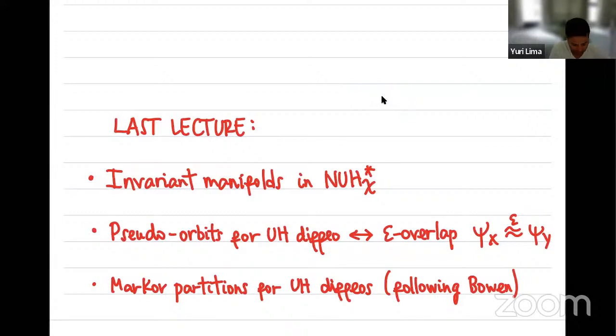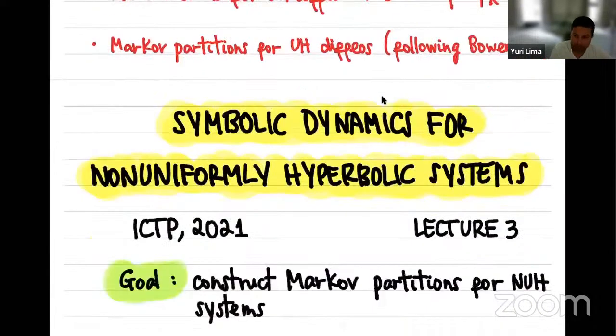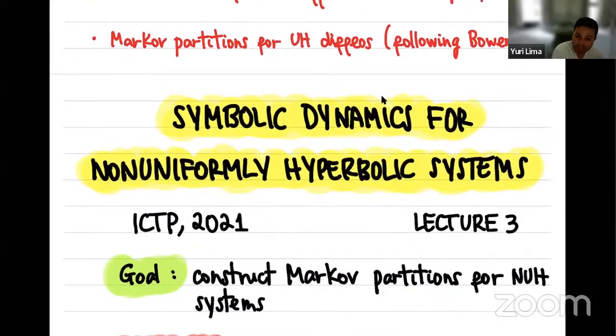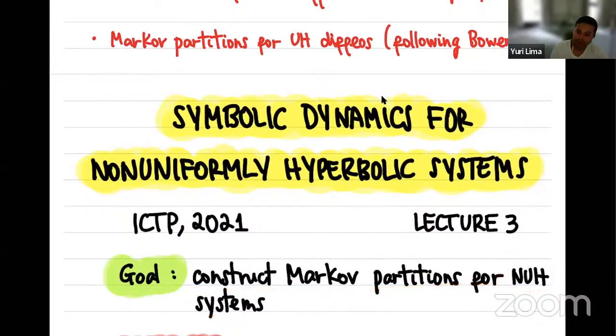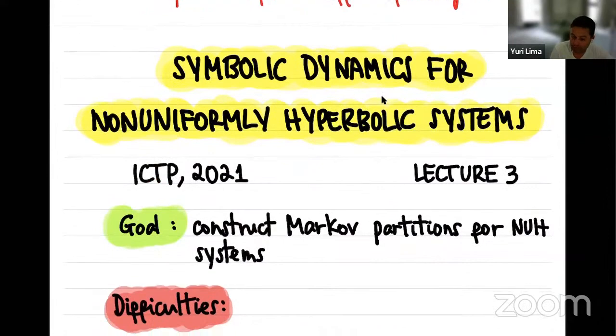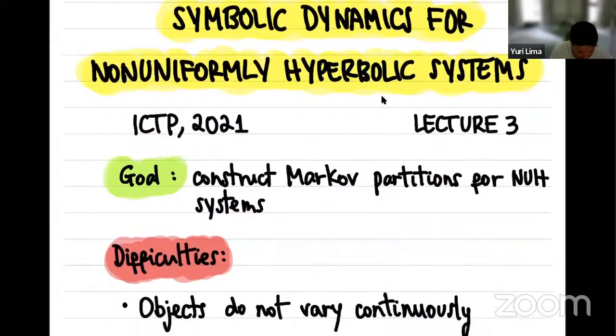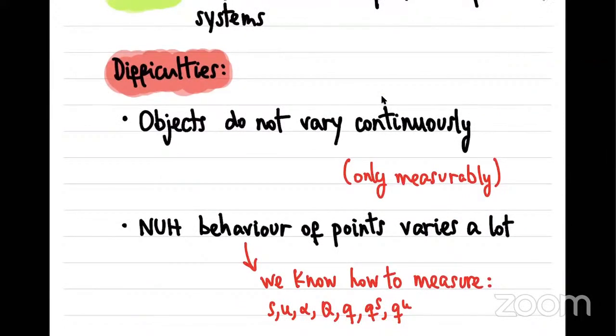Today, what we want to do is, motivated by the construction that we did in the second lecture, to construct Markov partitions for the non-uniformly hyperbolic situation. And the usual difficulties that come into play are, and I already told you this a few times in the previous lectures,